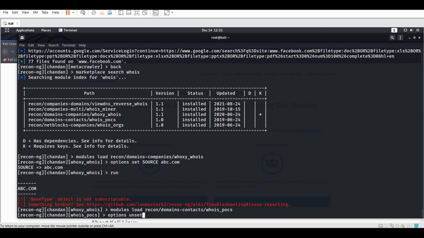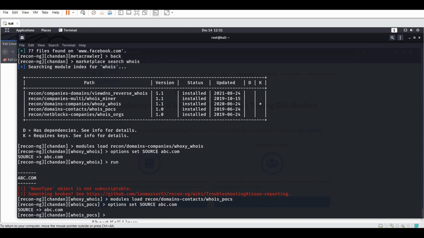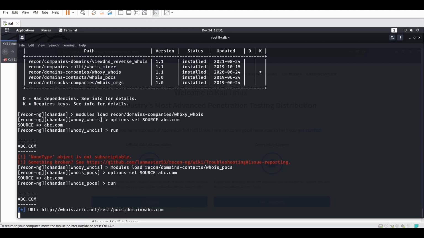Unset, I have to use unset. Suppose option set source abc.com. Now run.